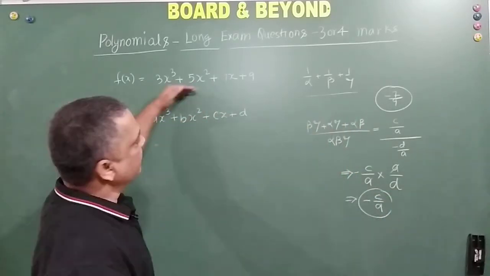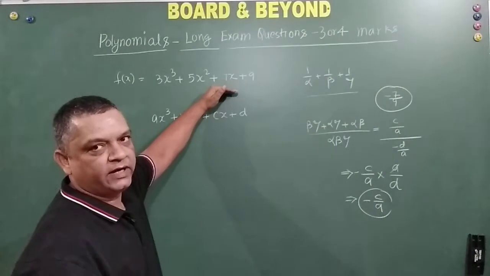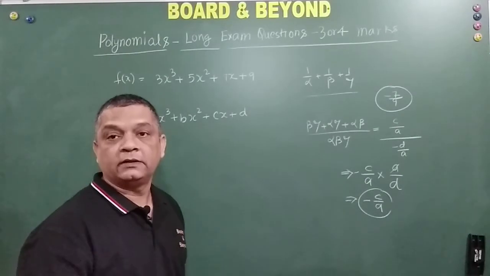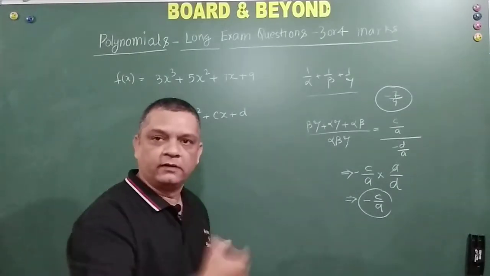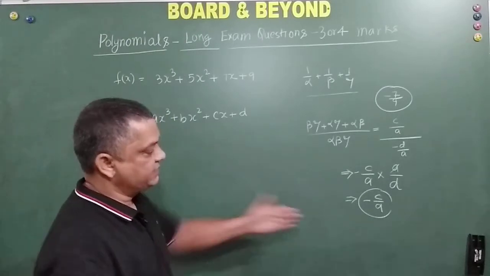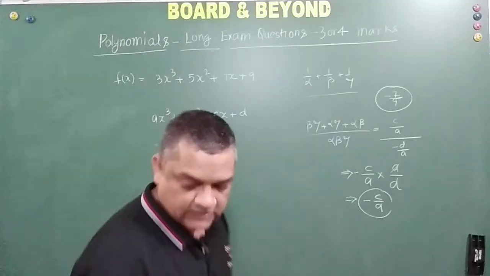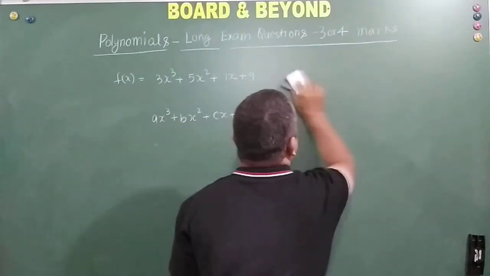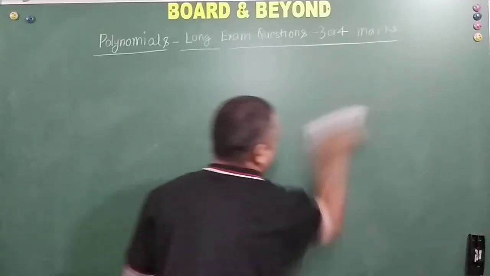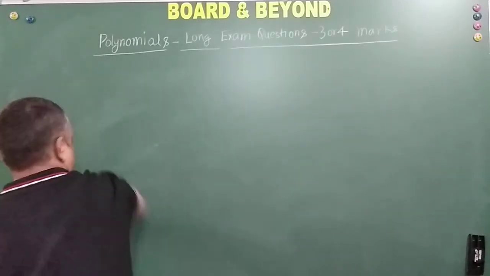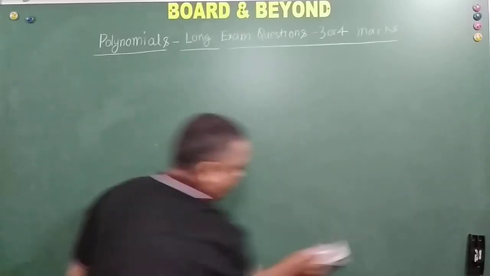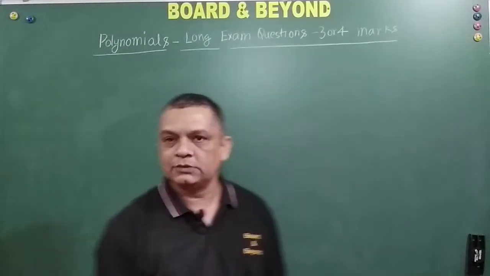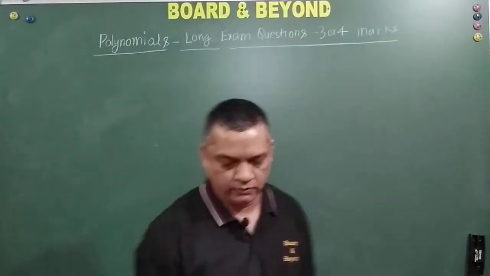Now, looking at the equation, can you write this? Minus C by D. You don't need to actually solve. This basically appears in 1 mark questions, so you can straight away write the value, or if it is an MCQ, you can straight away take the value. I thought I would give 2 minutes for this so that you can attempt it in lesser time during the examination and save time for other problems. Now the similar concept can be extended to quadratic polynomials also. So please try it on your own.